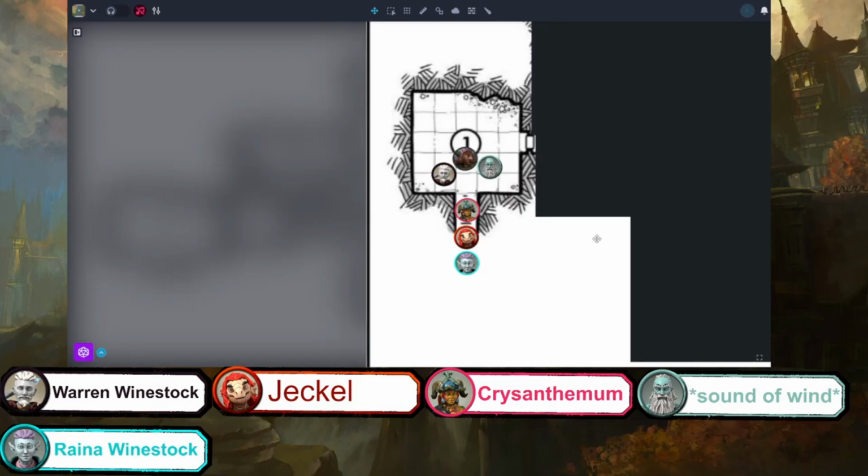All right. Am I able to push through close? I'll say yeah. Everybody use their reaction to stand against the wall. So if you want to, since it's your turn, if you want to jump in, yeah, for sure. All right. Let me pull up my stuff. I'll go for a quarterstaff attack as well, if that's possible.